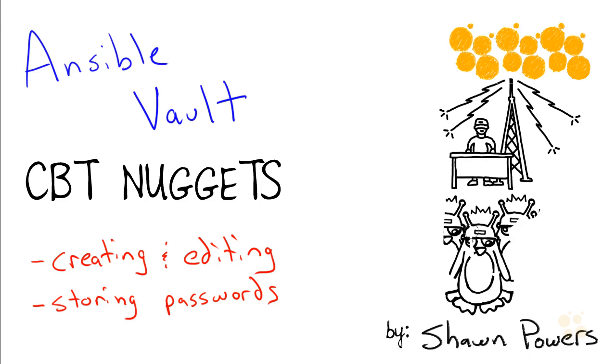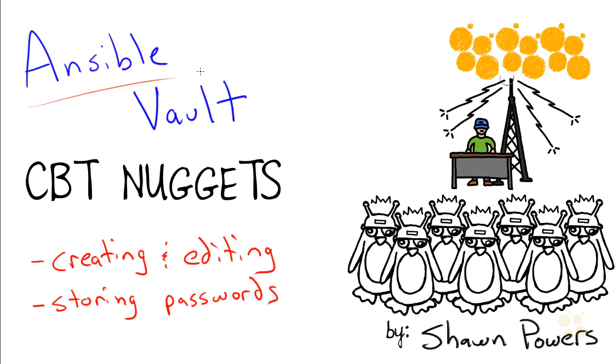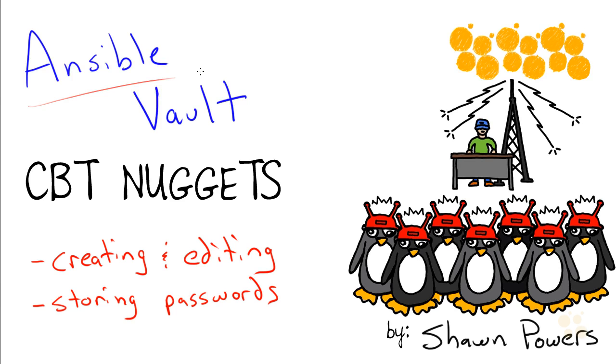Earlier in this course, we set up Ansible so that we could SSH into all of our remote clients and become root without needing any passwords along the way. We set up SSH keys, and then we set up sudo so that we could become root and never be prompted for a password. But Ansible includes a tool called Vault that allows you to encrypt playbooks and password protect them,